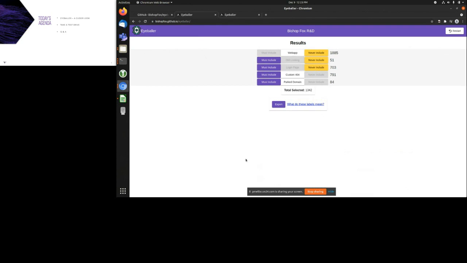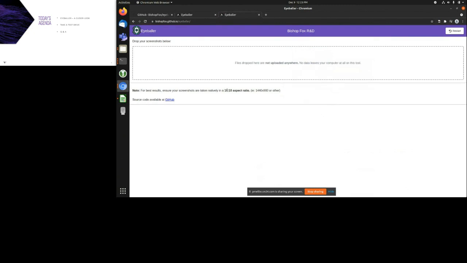You can play around with this in your browser as we're talking here. Take a screenshot of a website and throw it in, or however you want to do that. There's a little note on here about what resolution works best. 6:10 aspect ratio is the default in the GoWitness tool, which is pretty common for taking screenshots automatically. So that's why that is the case. But it'll work to some extent no matter what the aspect ratio of the website is.